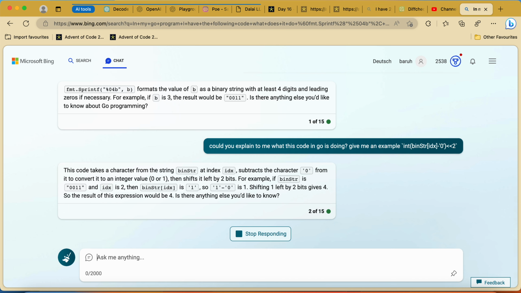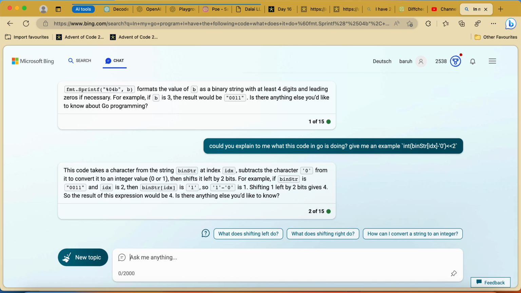Then shift left by 2 bits. For example, if the bit string is 0011, then the ID is 2, we'll get 1. We'll subtract 0, which is 1, shift left by 2 bits, which gives 4.